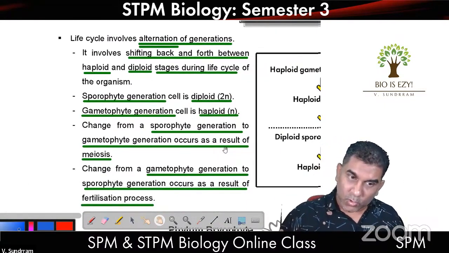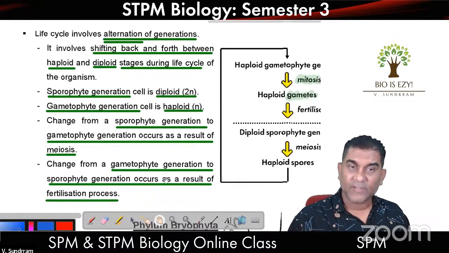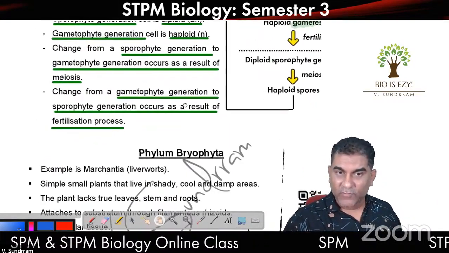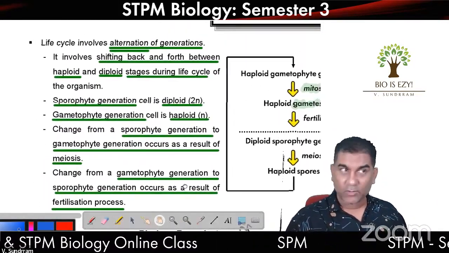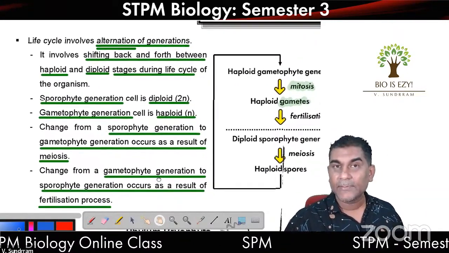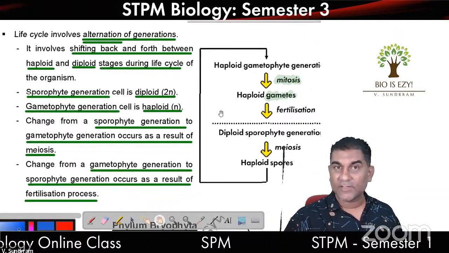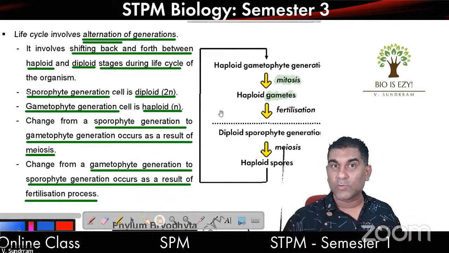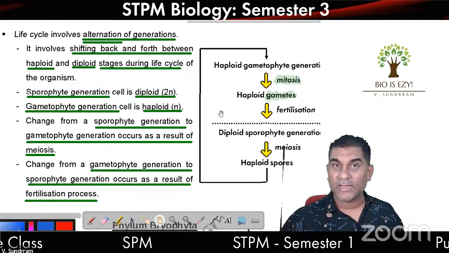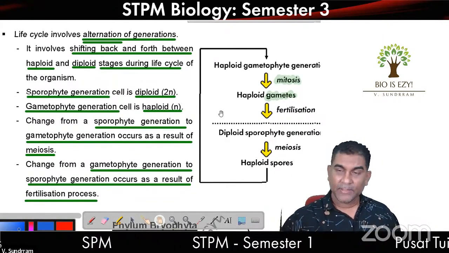Okay, so tomorrow we'll continue with the four phyla: Bryophyta, Filicinophyta, Coniferophyta, and Angiospermophyta. We try to finish off all the plants tomorrow so that Saturday we can try to finish off the animal. Thanks for